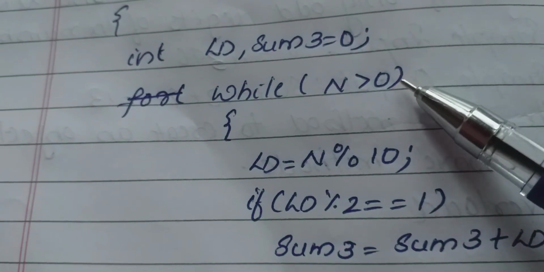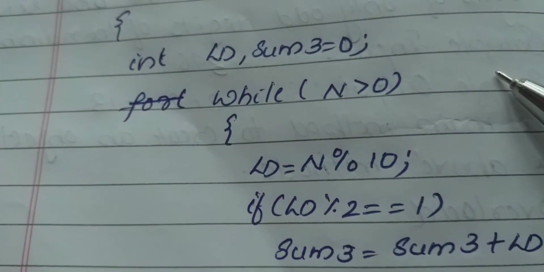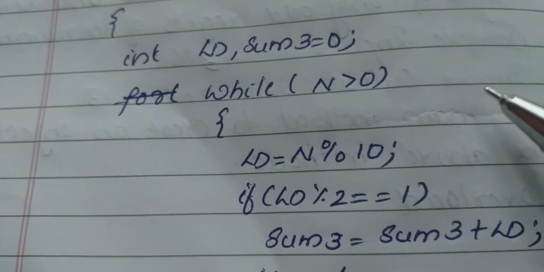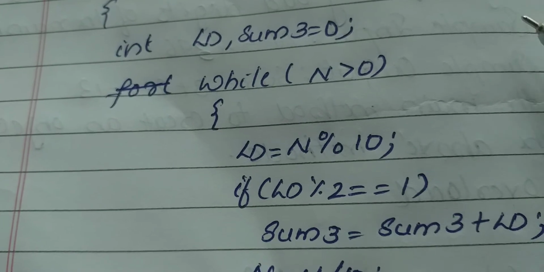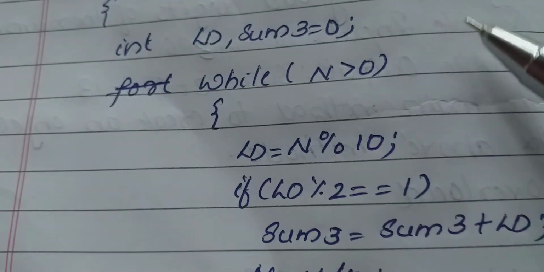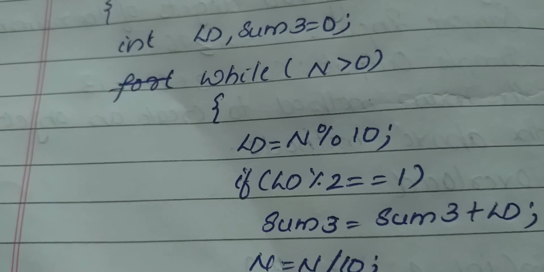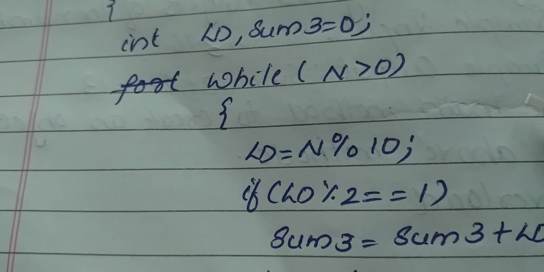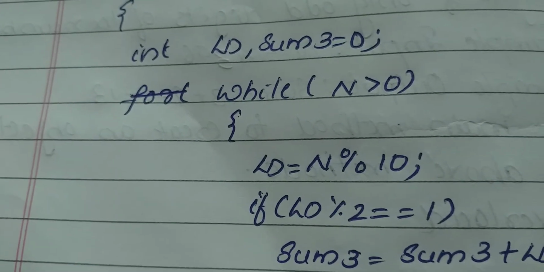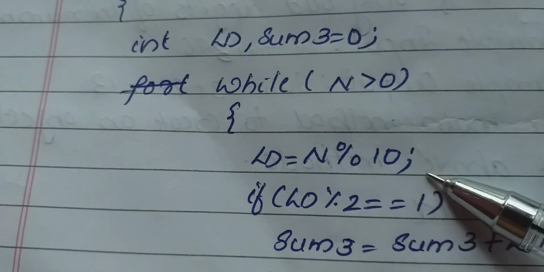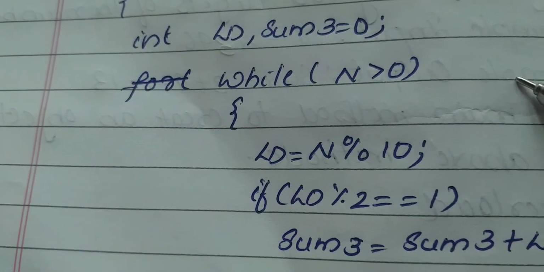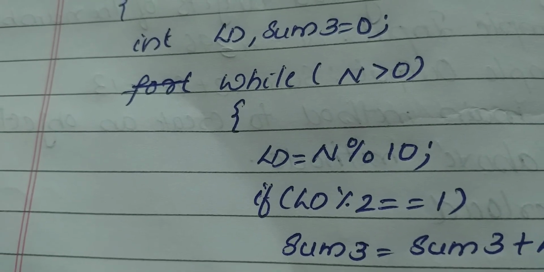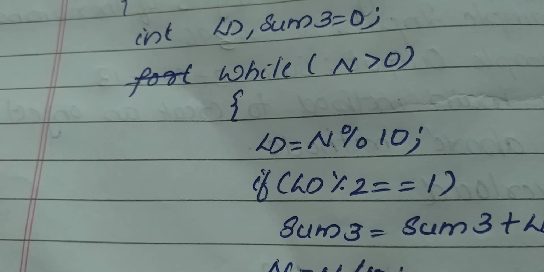Suppose just consider the number is 321. Just consider. Is 321 greater than 0? Yes. If the number is greater than 0, you can check the sample input they have given also. 321 is greater than 0. We have checked. Yes, the condition is true, so we go into the while loop. So what is the first thing? We want to extract the digits of the number. So we want to extract the digit from its ones part.